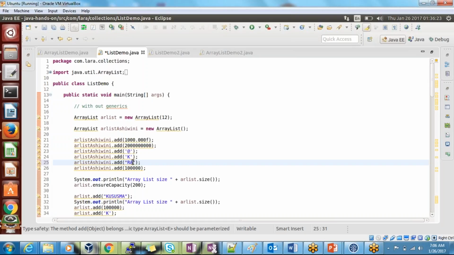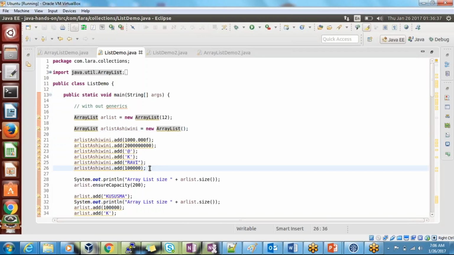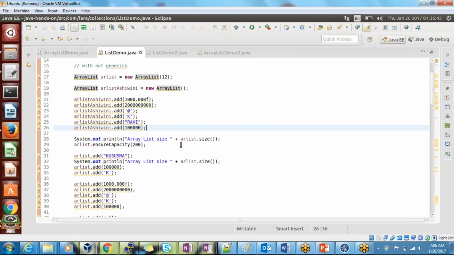You can say here like this. It will allow because it is not a specific type. You are telling it is not a specific type, so it will allow. That's one of the features of your collection, right? You need not store the same type of objects. You can load any type of objects. So when I'm going to print all these values, I can simply say that